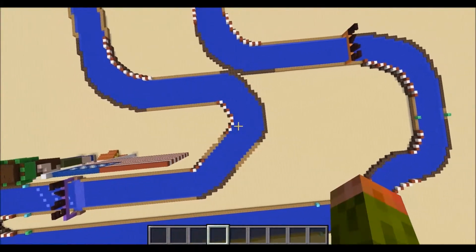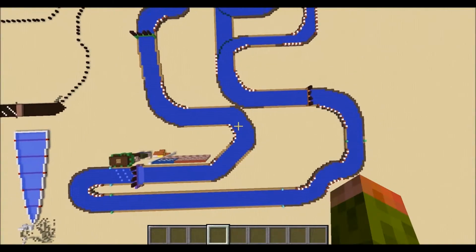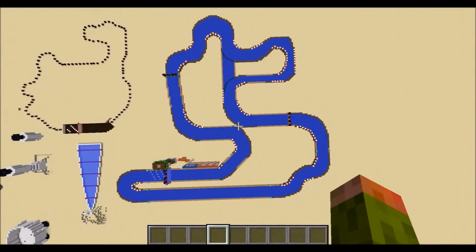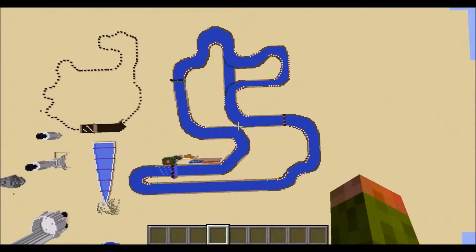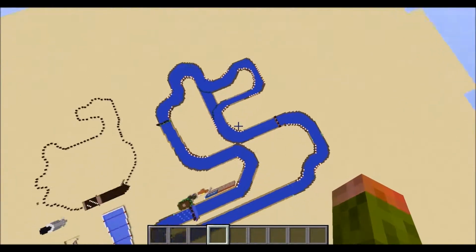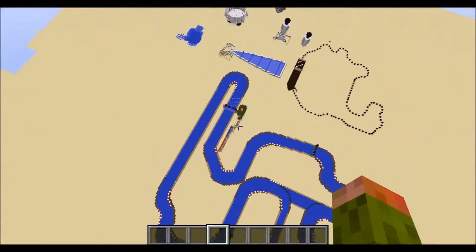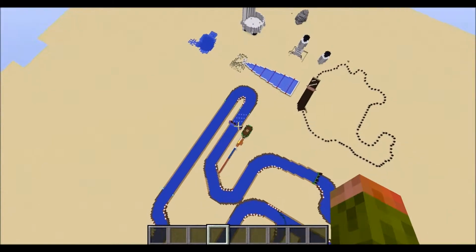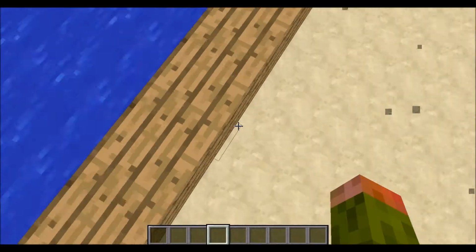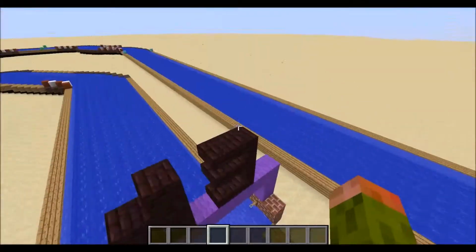Now I'm going to fly up real quick to give you a bird's eye view of it. I call this the super flat ring, kind of like Nuremberg ring and Hockenheim ring. Land in the water, land in the water. Oh well. Now that you've gotten the bird's eye view,